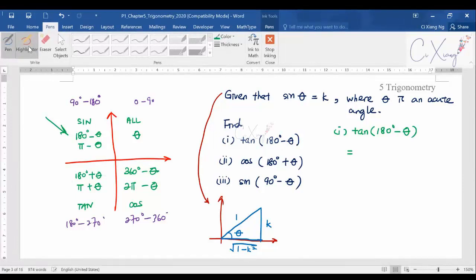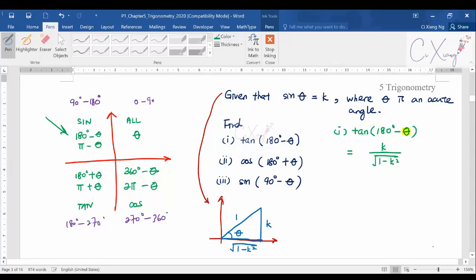Okay, all right. So what is the value for tangent theta? Sine theta is k. So tangent theta is what value? Okay, so for tangent theta, you will see that from this triangle down here, it is actually k over square root 1 minus k squared. Okay, all right. So k over square root 1 minus k squared, because it should be opposite over adjacent, right,